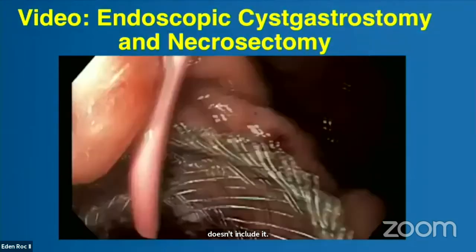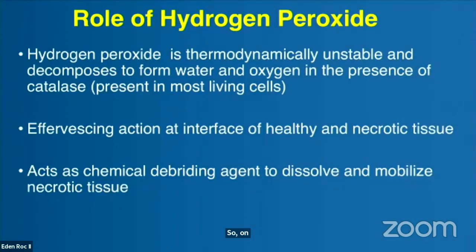So I'll move on to sort of some new adjuncts associated with this. So how can we do this better? Hydrogen peroxide is thermodynamically unstable and decomposes to form water and oxygen in the presence of catalase, and it can serve as a debriding agent to dissolve and mobilize necrotic tissue and help effervesce at the junction of the healthy